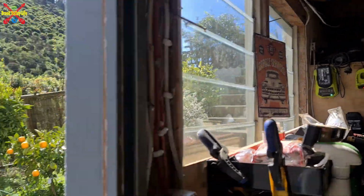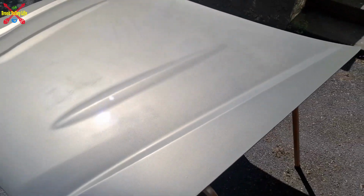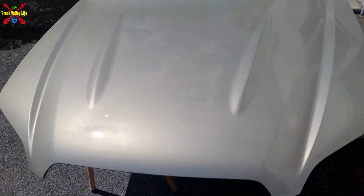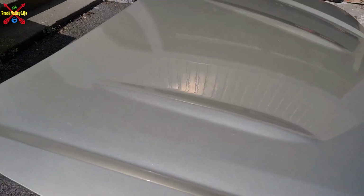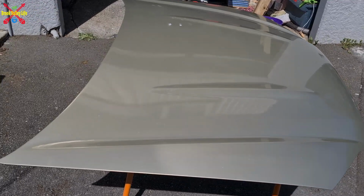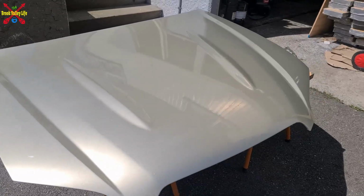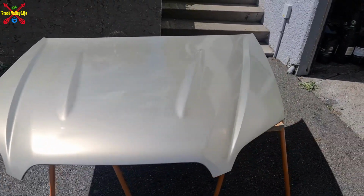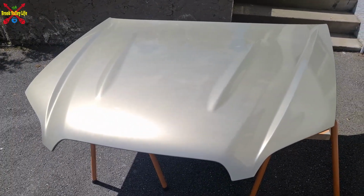So all done. It's not the best job in the world, but it'll do. So as you can see, the gold's a bit patchy, but it's covered everything. It's a nice layer of clear coat. It'll need to be buffed, but apart from that, it's done what I wanted to do. It's covered up all of the clear coat that was flaking, and now we'll put it back on the car once this is baked for a little bit more in the sun